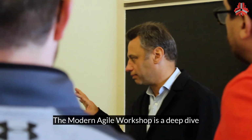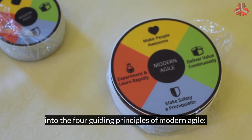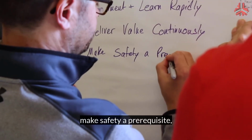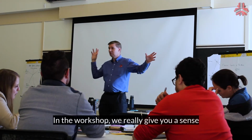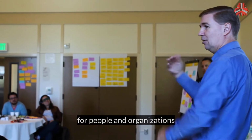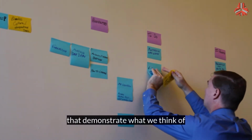The Modern Agile Workshop is a deep dive into the 4 guiding principles of Modern Agile. Make people awesome, make safety a prerequisite, experiment and learn rapidly, and deliver value continuously. In the workshop, we really give you a sense for people and organizations that demonstrate what we think of as